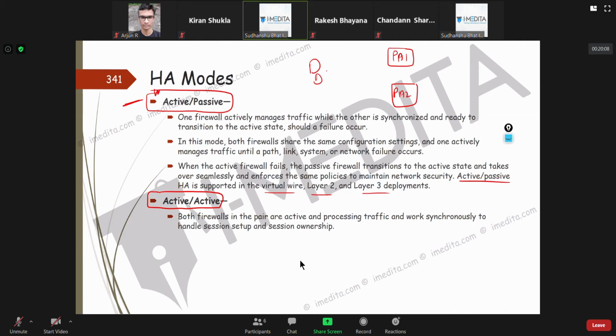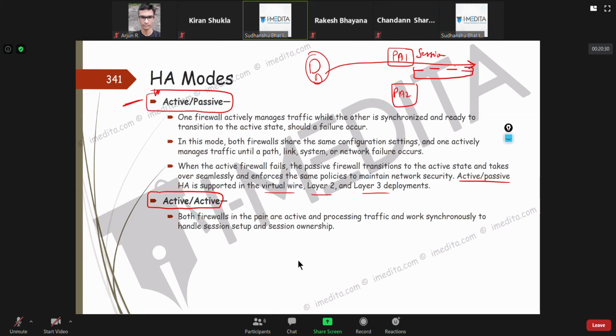Now when they go out, whichever firewall is handling the traffic for that particular device will create a session, right? A session table entry: source IP this, source port this, destination IP this, destination port this.